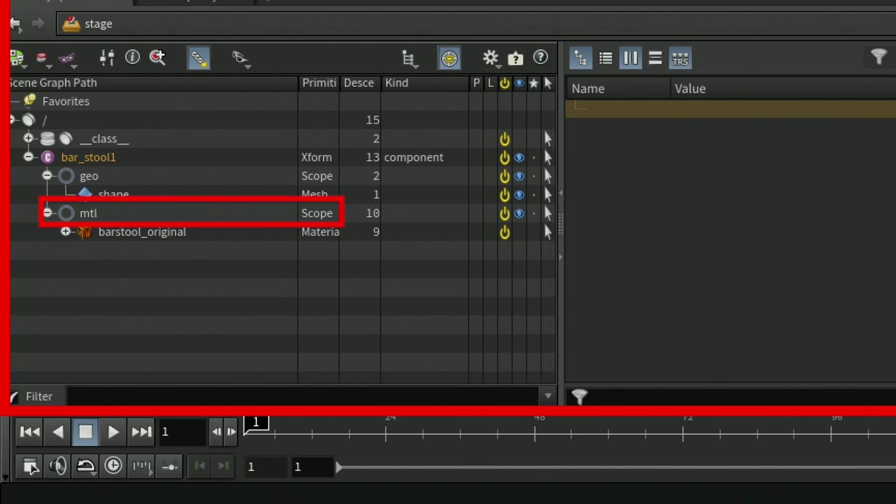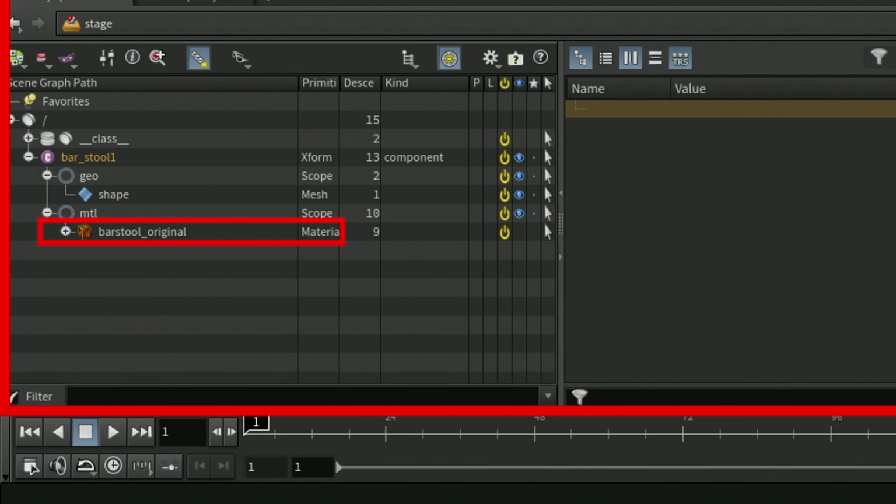So for this asset, the way we've organized it is we have one primitive, which is the transform primitive. And then we have two sections, one called geo and one material. And each of those sections contains the relevant material.